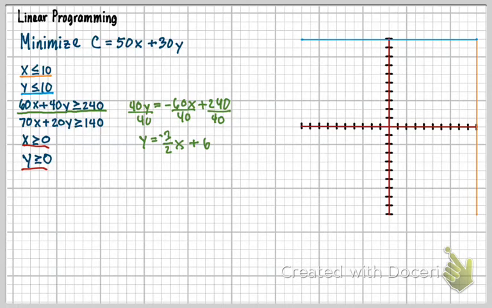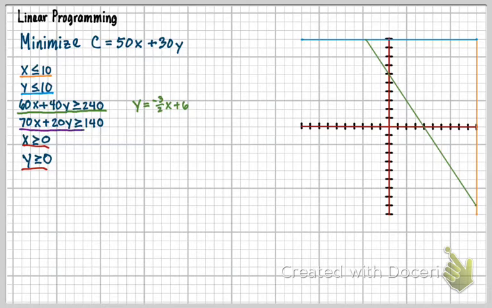So we're going to actually graph that equation and not the big 60s and 40s and 240s that you see in front of you. So the idea of graphing that line would just be down 3 over 2. And I would keep doing that all the way down that line. And my y-intercept is 0, 6, and that's why we started here. Okay, so the next line then is going to be